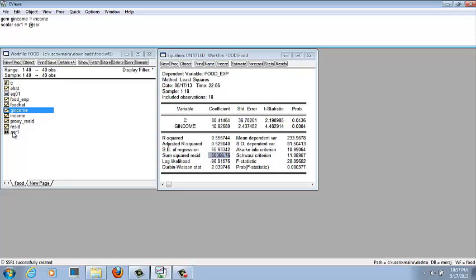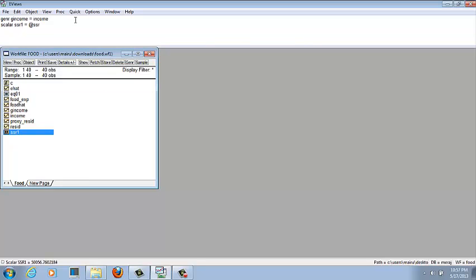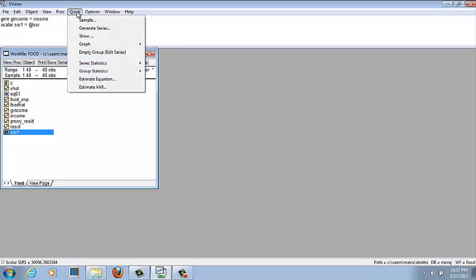Let's check the value by our regression. It has the value 50056.76 and our regression value is 50056.76. Now I'm going to run the regression on the last 18 values.